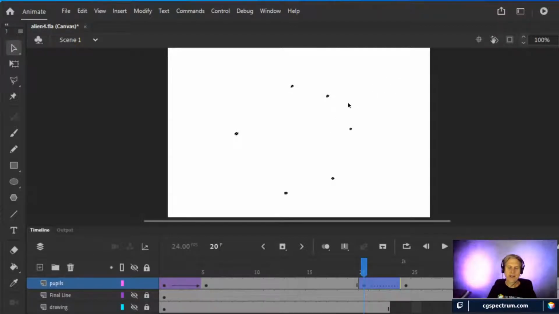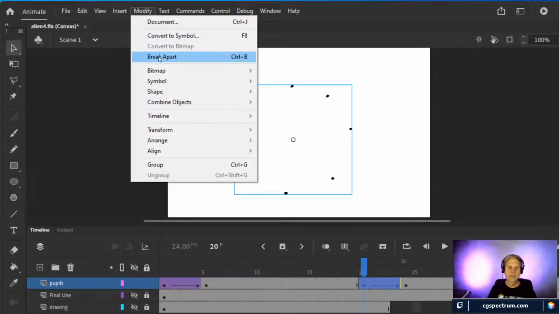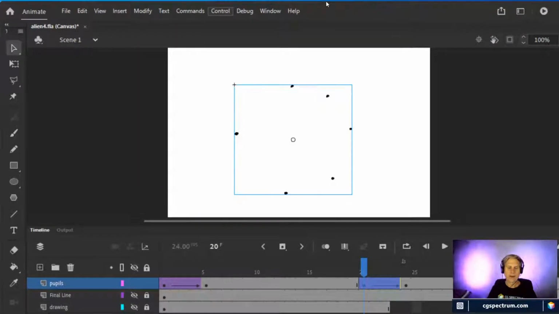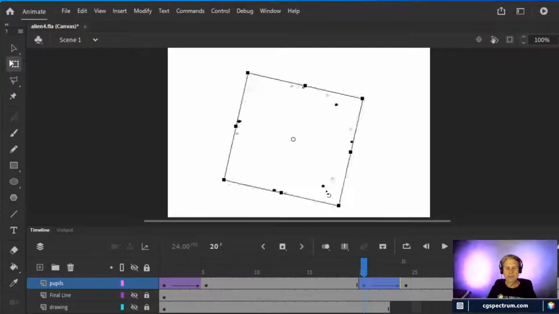So instead, I made them into a group by just going modify and then group, convert to symbol actually. You could group them, but I convert it to a symbol. And a symbol is something that you can then use as an entire unit. So when I select it, you can see there's a bounding box square around it. That just means that it is now functional as a unit. So the eye pupils all